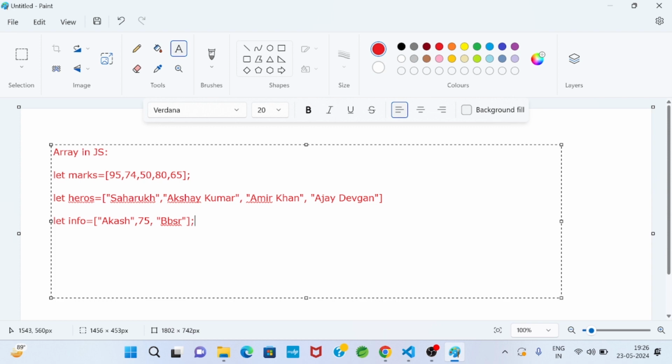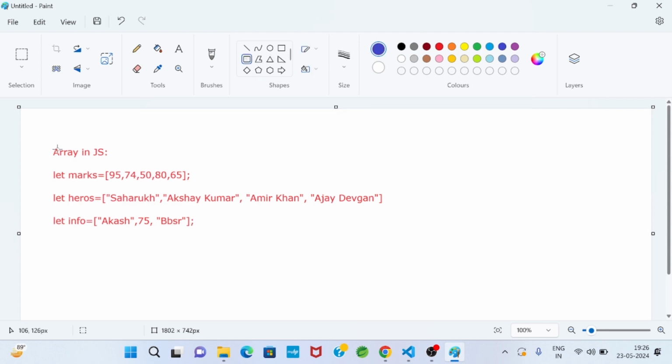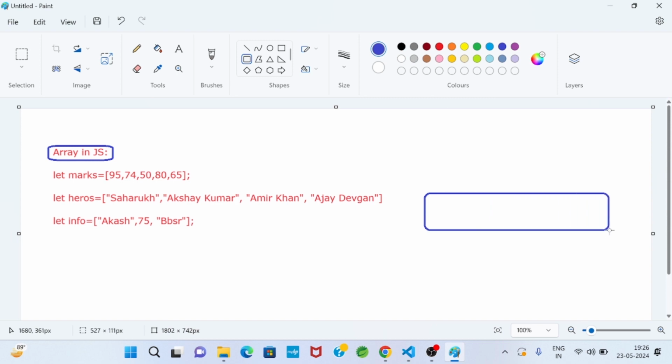So what is the meaning? An array is a data structure, or a single memory having the capability to contain more than one homogeneous or heterogeneous data items, a collection or group of data items.